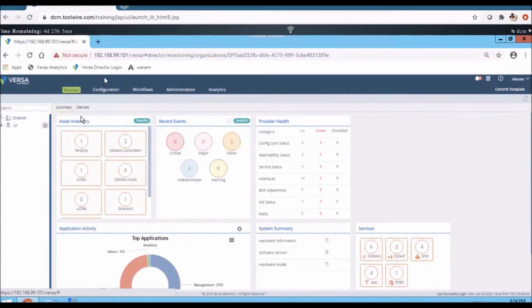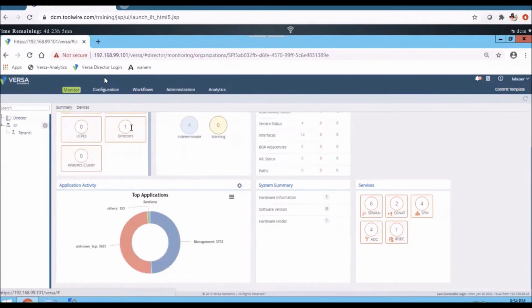Under this, you can see the tenant name is SP, in fact, this is a parent organization. If I click on this arrow, it displays the child organizations that are part of this parent organization. Now I click on this SP to see the assets information: the number of tenants configured for this parent organization, how many SD-WAN controllers, how many hubs, how many directors, whether it's part of 2 directors or 1 director, and whether we assigned any cluster to this tenant.